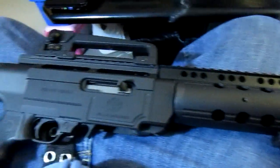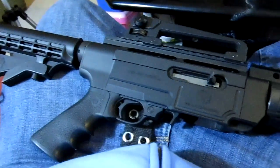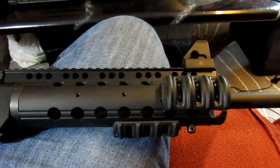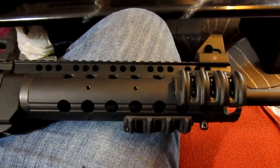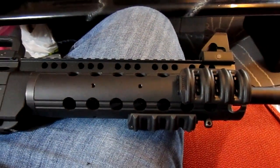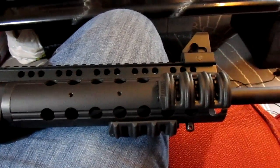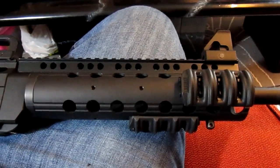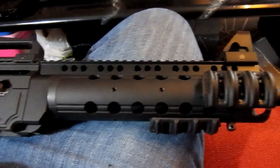So like I said, the gun comes with no sights, which is not the best value, but it gives you the opportunity to use the sights that you want to use. So you could see that as a good thing, or you could see that as a bad thing. If you know that you want to use specific sights with it anyways, or maybe you have an AR-15 or an M4 and you are just using this for target practice, you could use the same sights